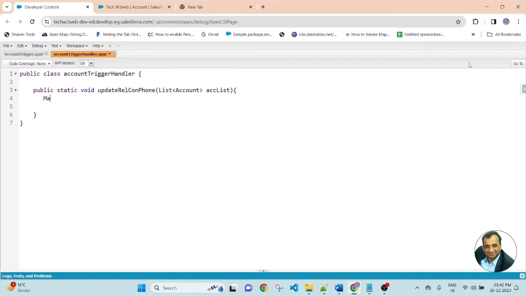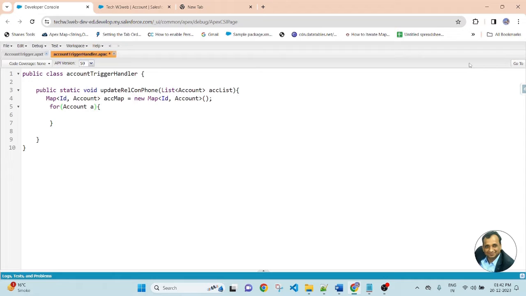Then here I am creating a map: Map of Id, Account, accMap equal to new. After that, I will apply a for loop: Account acc colon.